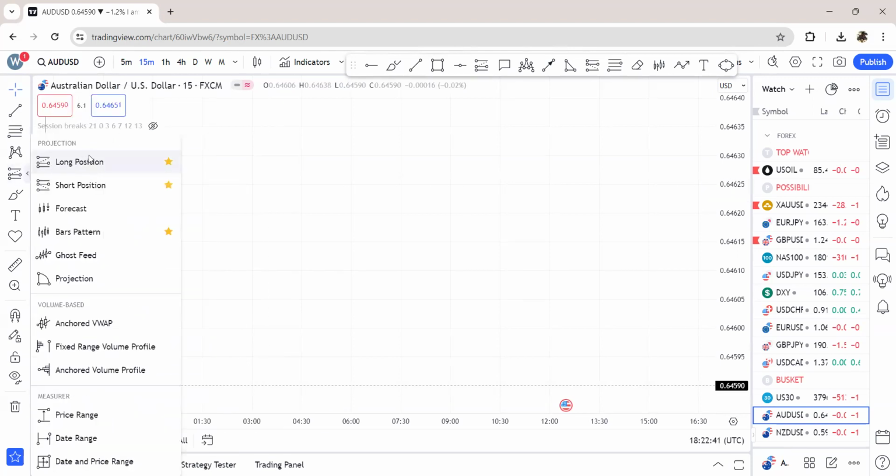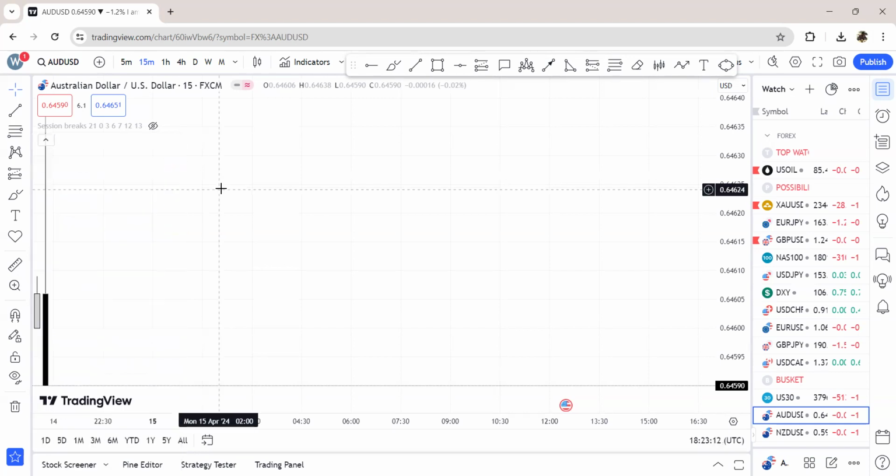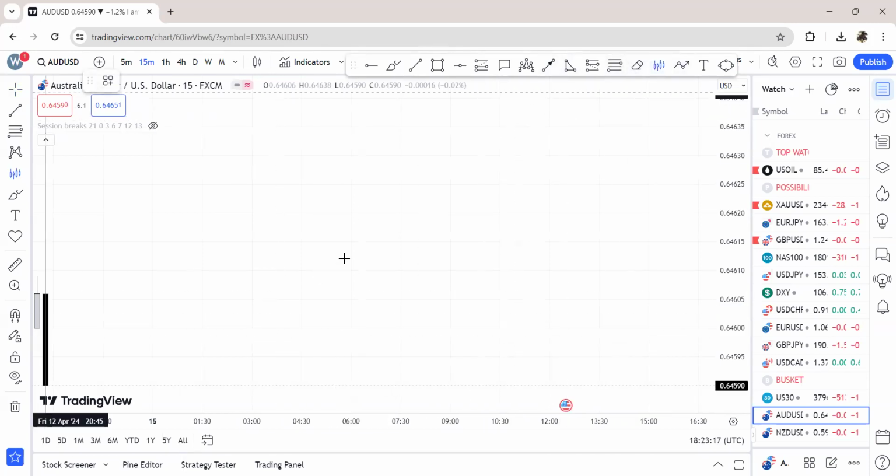Next, you want to look at the projection based indicators. Here, what I use are just these three. I actually rarely use bar patterns, but for the most part, I use the long and the short position. So I checked them here so that I can easily get them. So the bar pattern is just simply